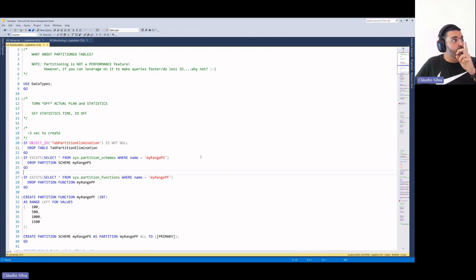There is, to be fair, one other way to do that, but it only works on 2022 for now, because it's an extended event that can create an event and find some anti-patterns. And one of those anti-patterns shown there is the implicit conversions. So if you have that extended event running, and you have your normal workload going in, and after a couple of minutes you go to your extended event and find entries about implicit conversions, it will tell you which query was getting that.